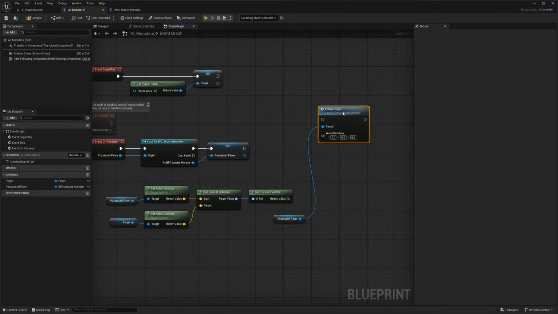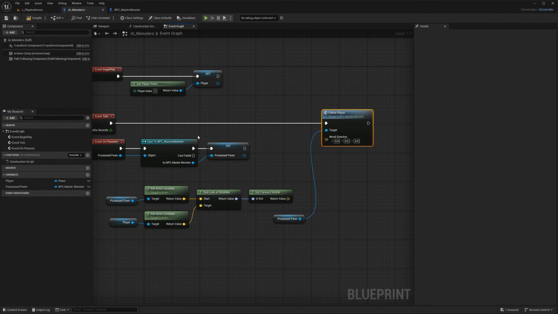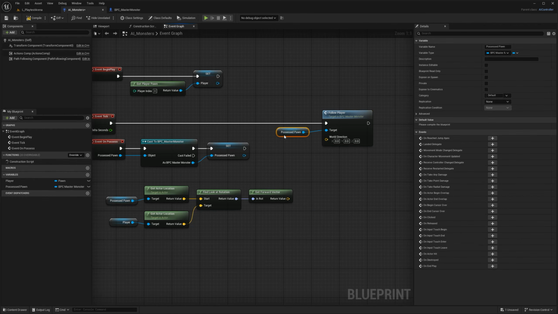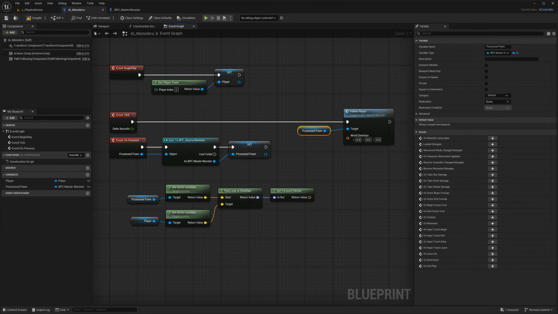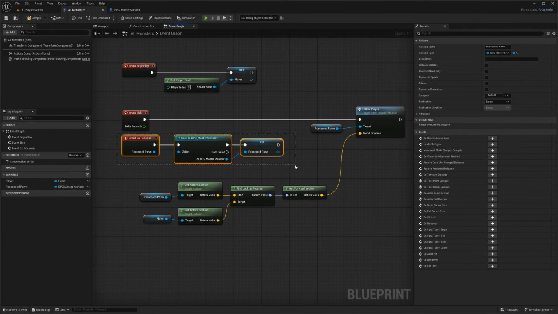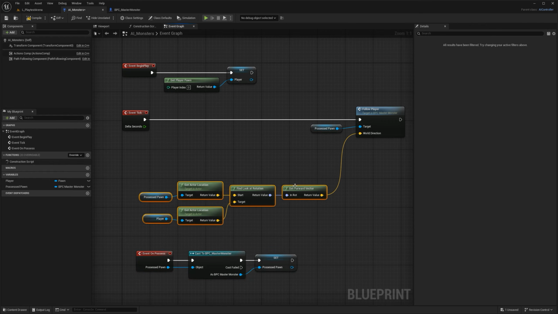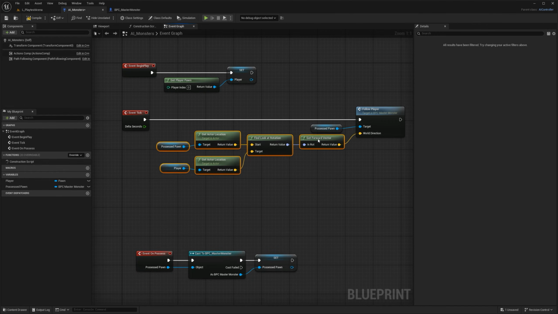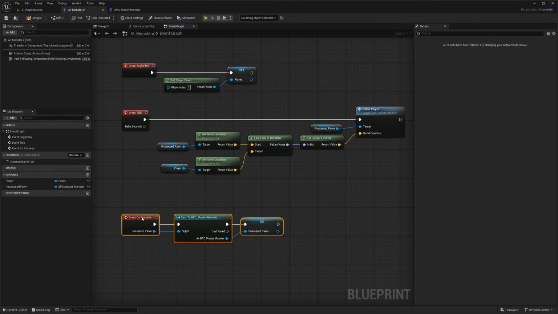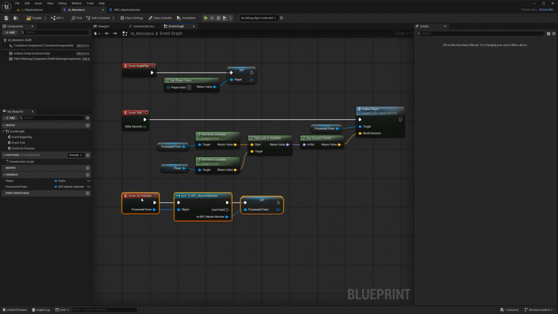actually I need to move this to the tick. There you go. And the reason why I'm connected to the tick is because it's going to be updating every tick, essentially every second. And with that done, I can also connect this thing here. And I'm actually going to rearrange this because now it's in the way. So those famous words, if I did everything right, it should be working now. So I'm going to Ctrl Shift S, compile and save again. Okay, let's test it out.